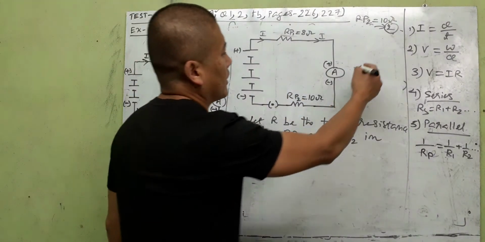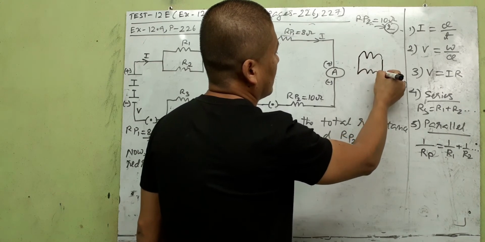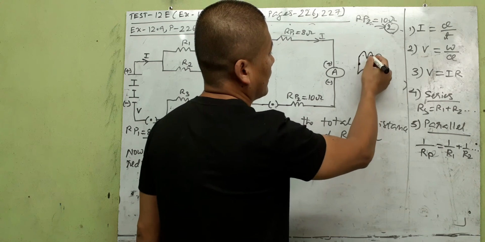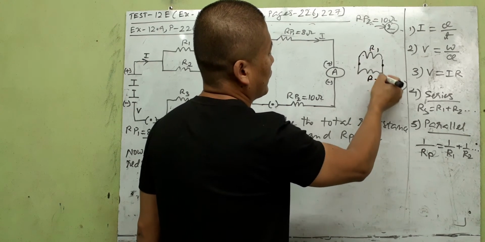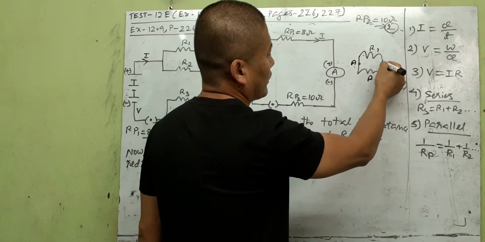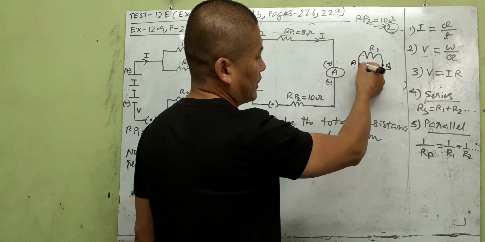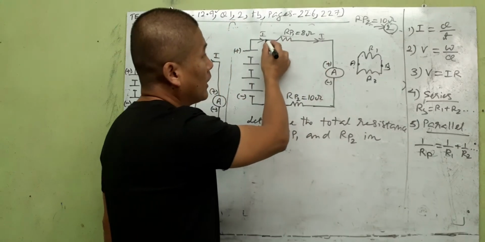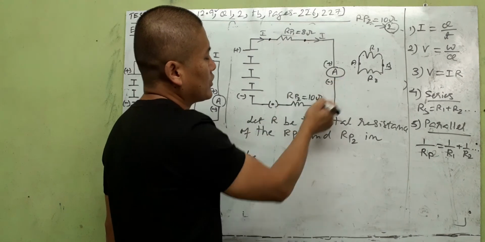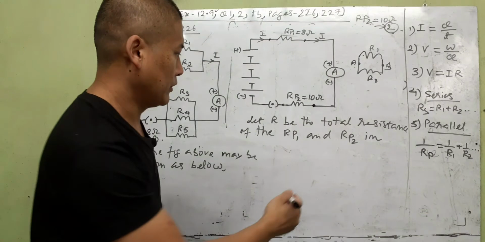See here, if it is above and below, then the beginning and ending are the same. First one R1 and R2: the beginning of R1 is A and the ending point of the resistance is B. Same here, R2 also has a beginning point and an ending point. But this is not so here. The ending point is somewhere here. Then the ending point is joined to the beginning point of RP2. And this is series now, so we have to write